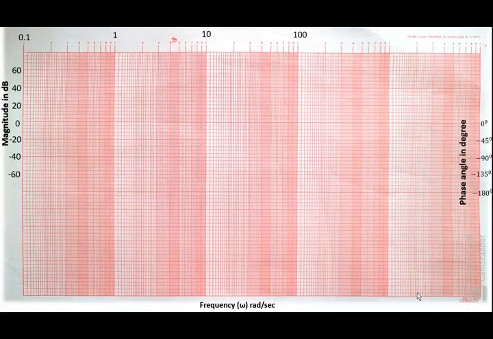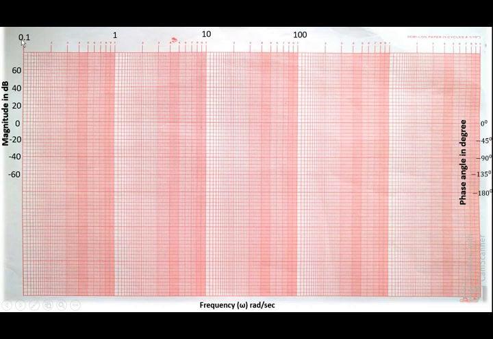Before plotting the graph, you need to know some introduction or basics in order to plot the Bode plot. So this is the semi-log sheet. You can observe the divisions of this y-axis. This is uniformly divided, that is, the scale is uniform. This is a linear scale. The y-axis is linear, and you can observe the x-axis.